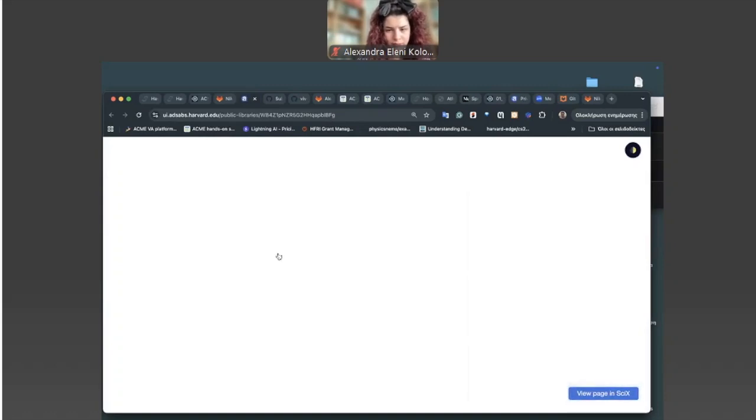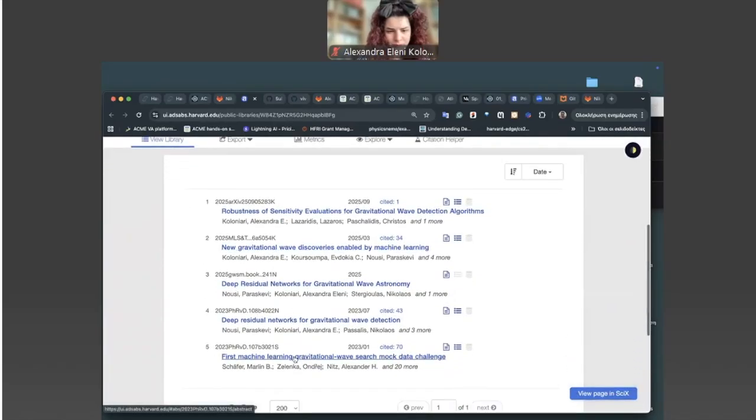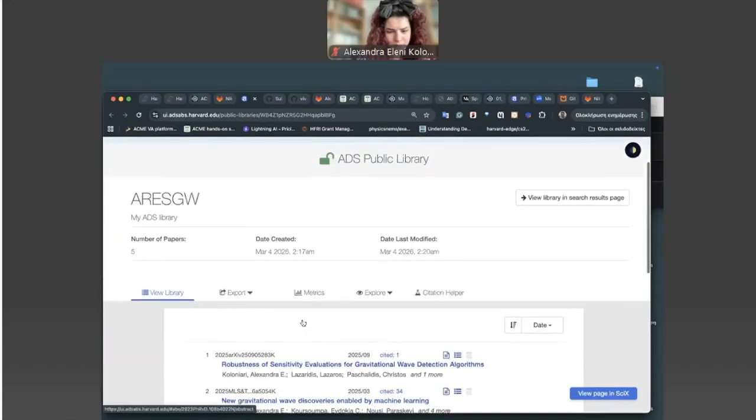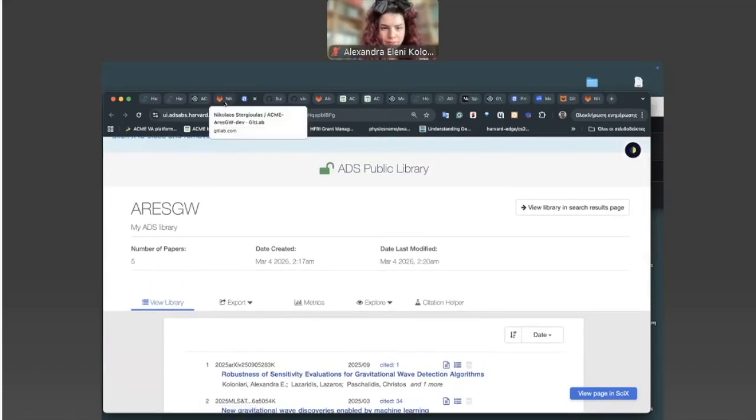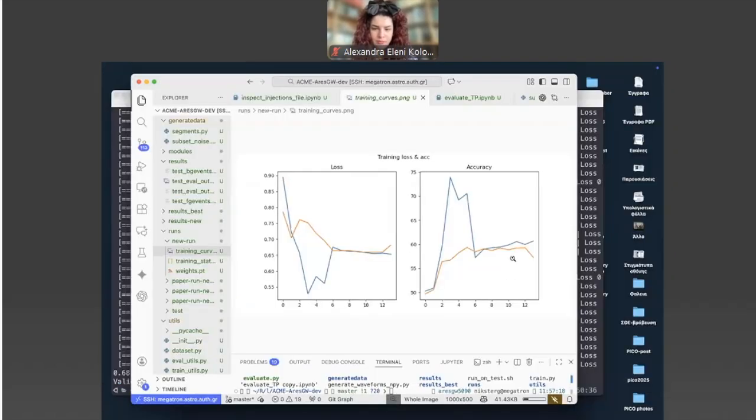This should open a library in ADS with all publications where AresGW and its previous version, Virgo Auth, has been used. And basically, this is the main publication where you will see the actual plot for the full training dataset. But here we have this minimal example, but still you can interpret what is going on.